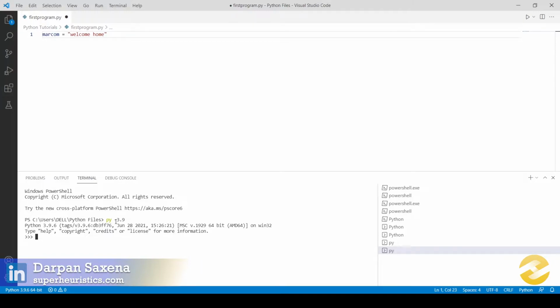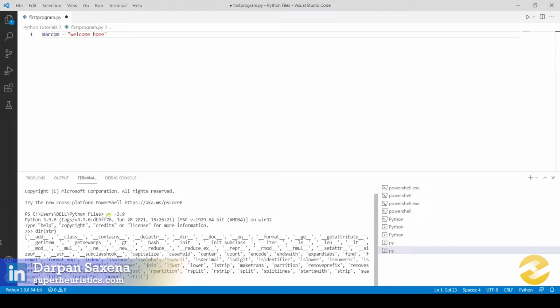Now for me to find what the various operations are which I can do on a string, I would use a command dir, and on that I would say dir(str). When I run this command, it should give me all the methods which I can apply on a string, which means it will give me an idea of almost all the things which I can do with a string inside of Python. So here we are, enter. If you see this in front of you, these are all the things which you can do with a string once you have it.